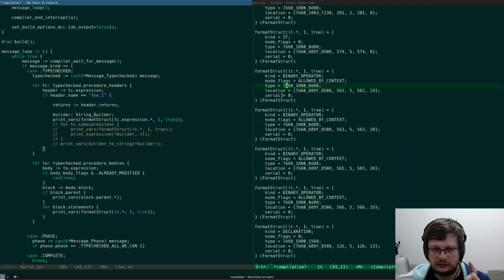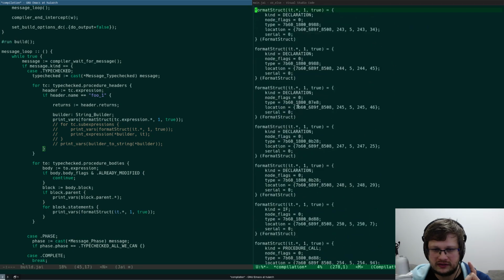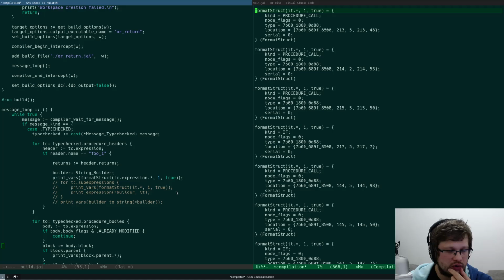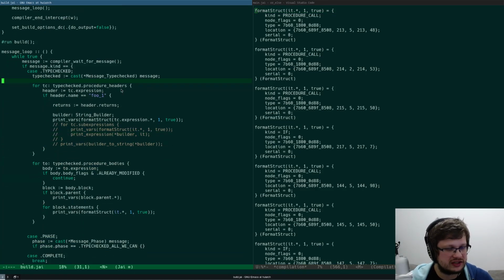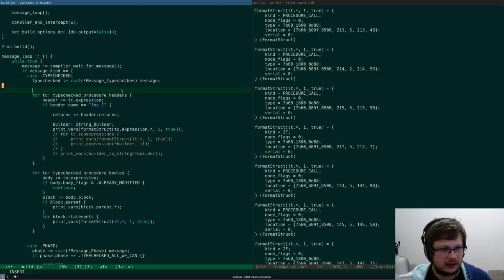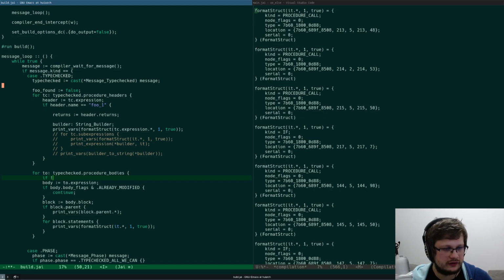If allowed, this is like an infinite amount because we compile so much code. So what I want to do is cheat here a little bit. For example, foo found equals false. And here, if not foo found, I want to break, right?